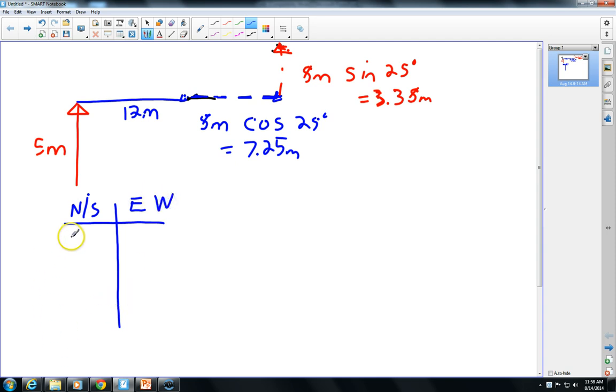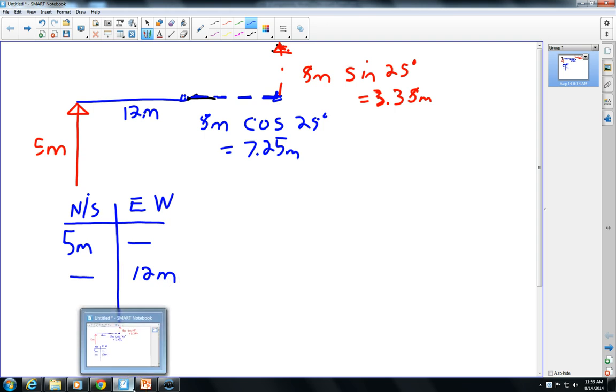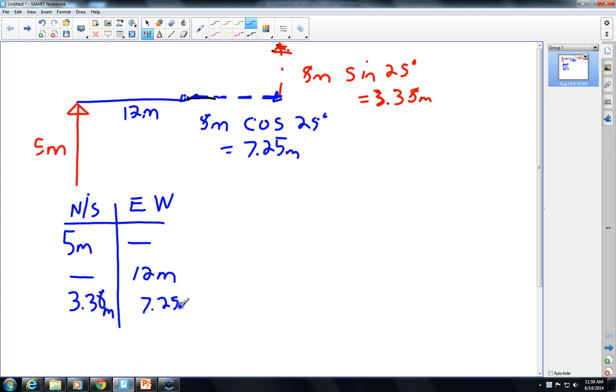Okay. Initially, the first vector, you were going 5 meters north and nothing east-west. Next one, you were doing nothing north and south, but 12 east. And the next vector, you were doing 3.38 meters north and 7.25 meters east. When you add up all those together, you get